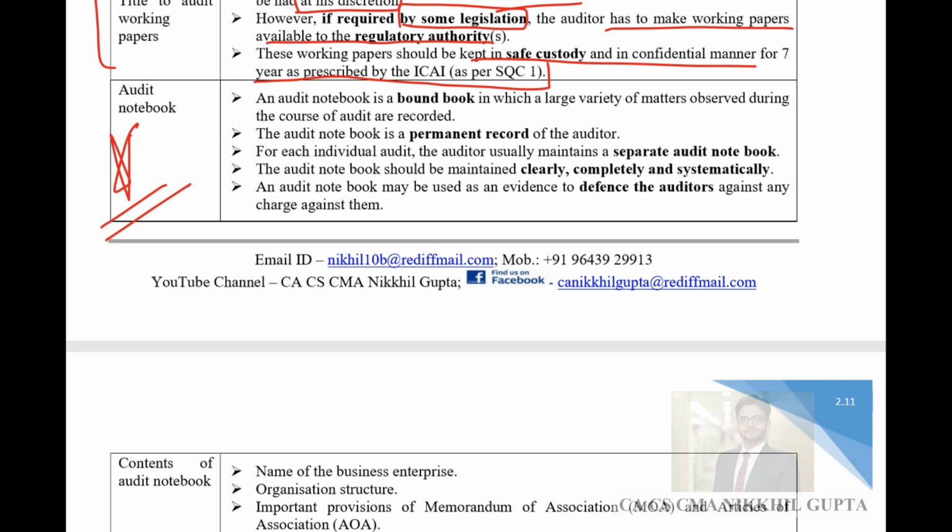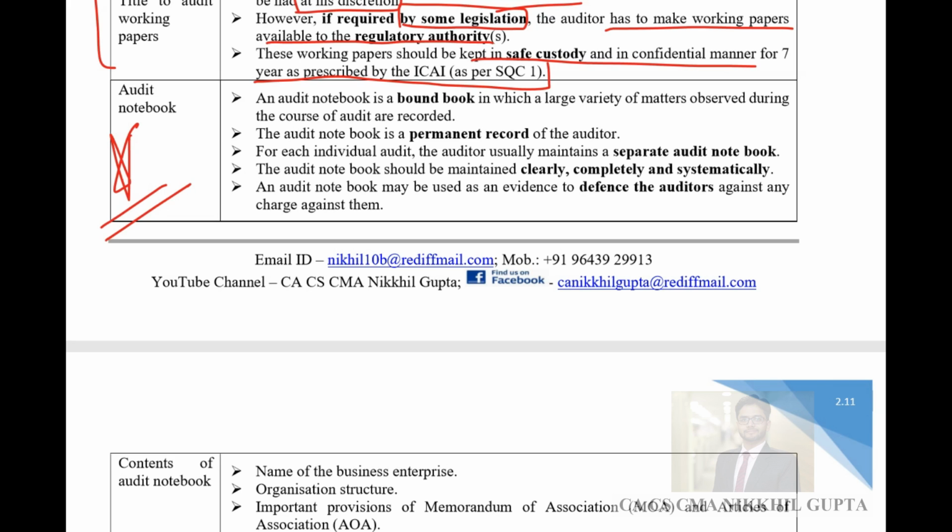They would tell you that yes, this debtor is going to be bad, so we can create a provision for this bad debtor. Now, it is auditor's responsibility to note down all these things in writing so that A, he does not forget the facts, and B, if tomorrow management refuses to accept the fact which they had stated, then the auditor can show the management his recording and he can prove that management had said these words to the auditor. So basically, to gather proof, to gather evidence, the auditor always carries a notebook, a normal notebook, a normal register,